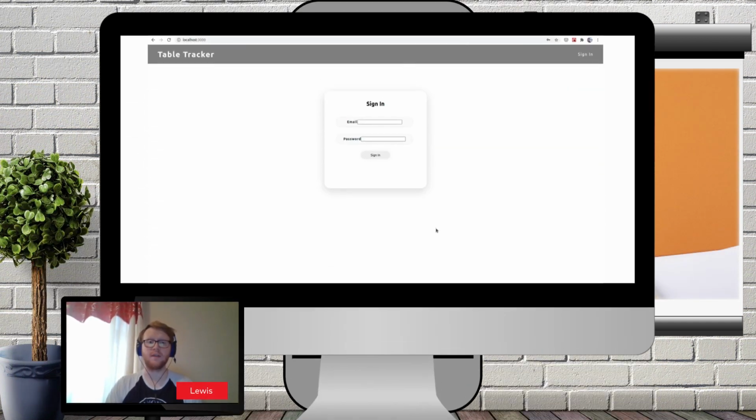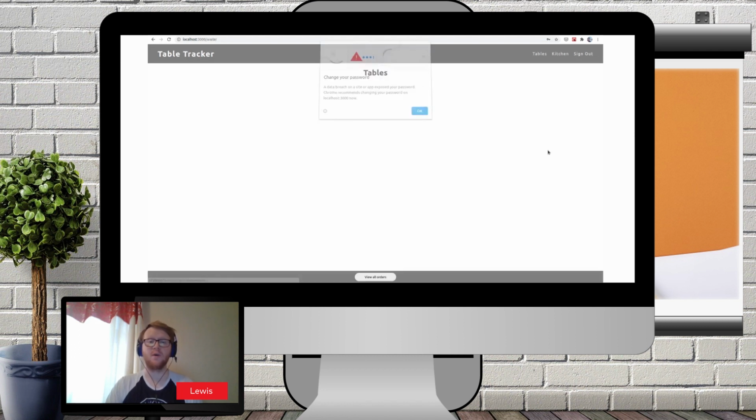This is our sign-in page, which uses Firebase Authentication. Here, users can log in as either a staff member or admin, depending on their role. Users will have restricted options as a staff member, with only admins able to make changes to the menu and create new users. Once signed in, users will be taken by default to the table page, which displays the tables